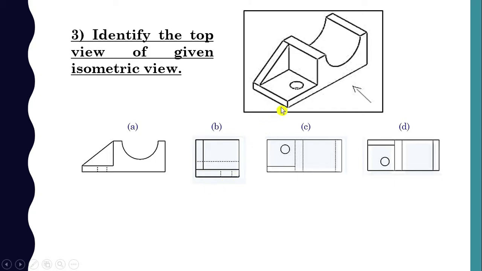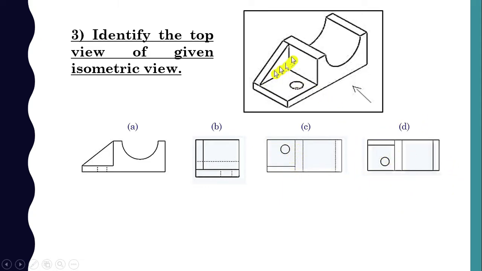Option B, this is how it looks when we are looking from the side view. So that is also a wrong answer. We have to find the top view here. If we consider this option, there is some correction needed. You can see here the circle comes below and this rib becomes the top side. So this is the wrong answer. So the right answer is this.